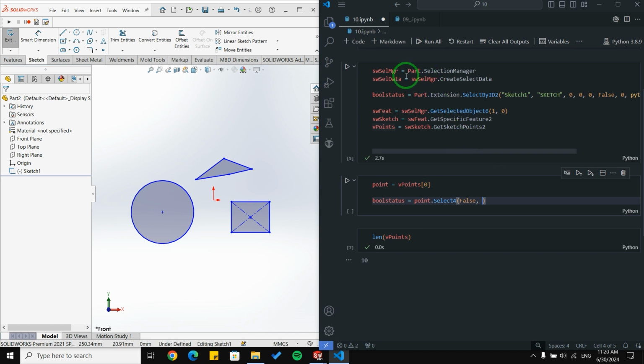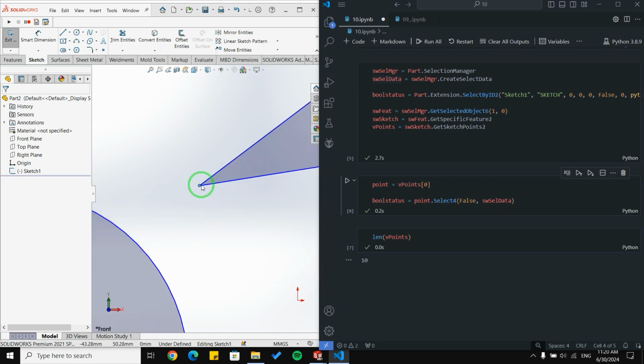And at the end, I'm going to pass swSelectionData. Let's run this code, and it selects this point here.